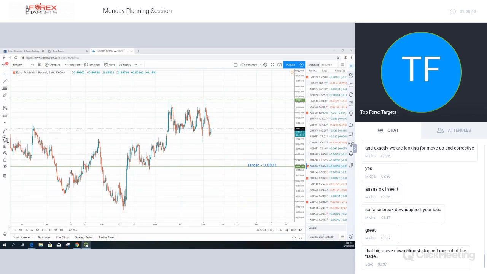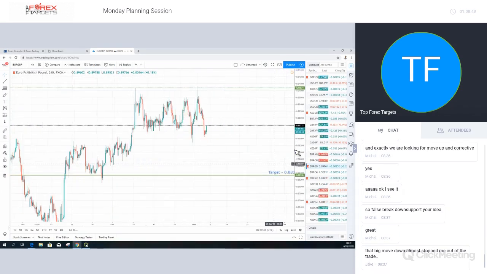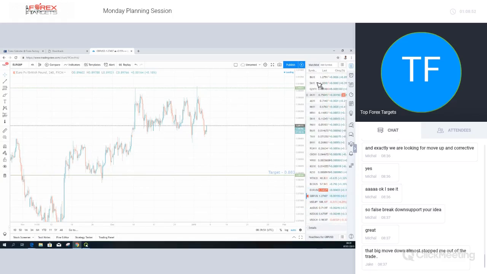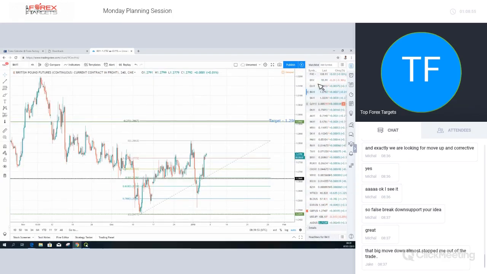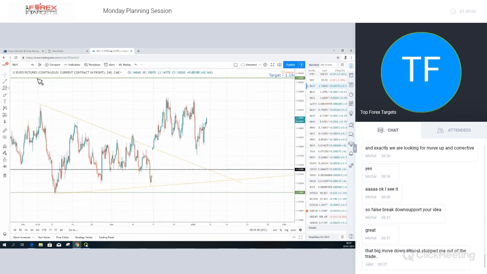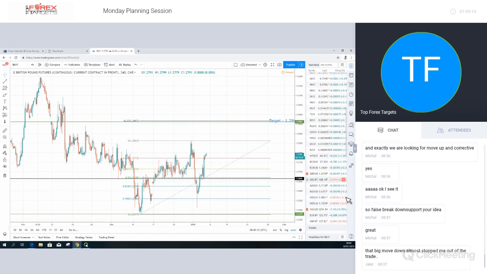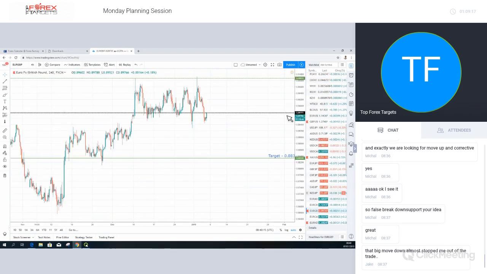So in the euro pound, for the time being, the pound is actually, as you can see, looking like one of the stronger. We kind of have a strong pound and a slightly more neutral euro. We could actually see this playing out like this, where this pulls back down for a retest, and at the same time, I think we could see the British pound advancing. In terms of the euro pound, this would cause a decline to the downside.